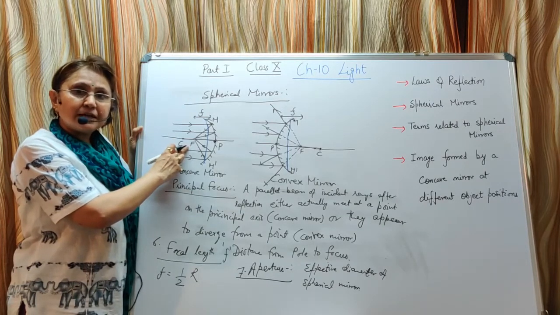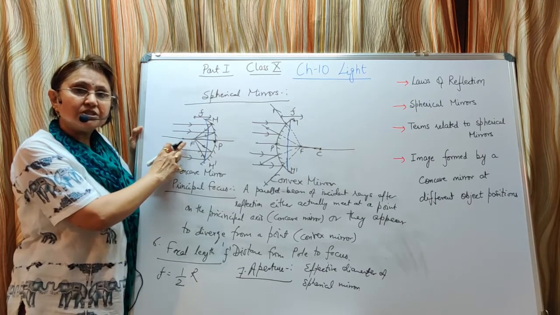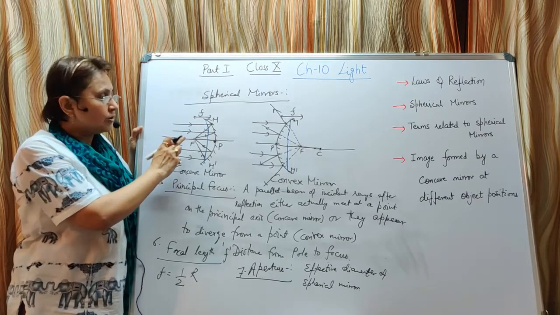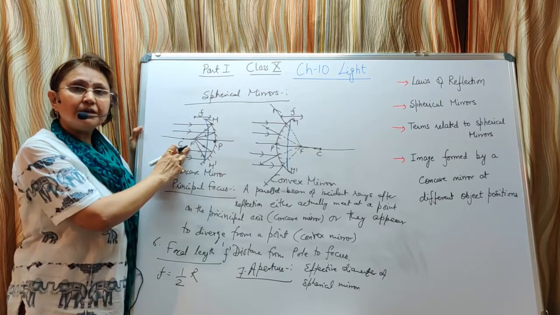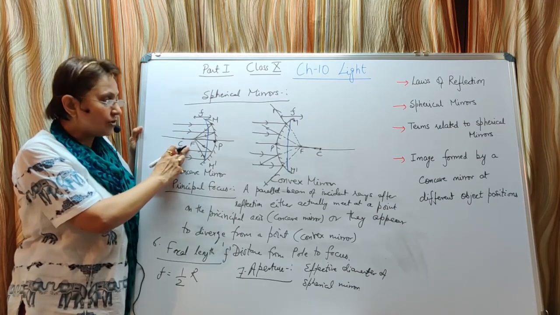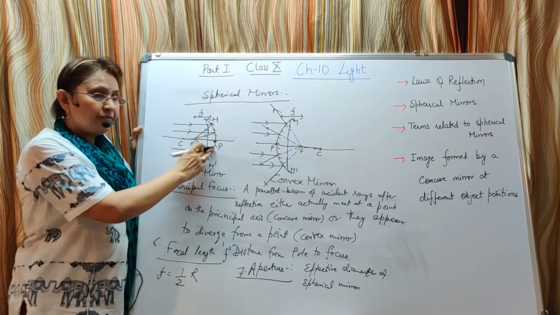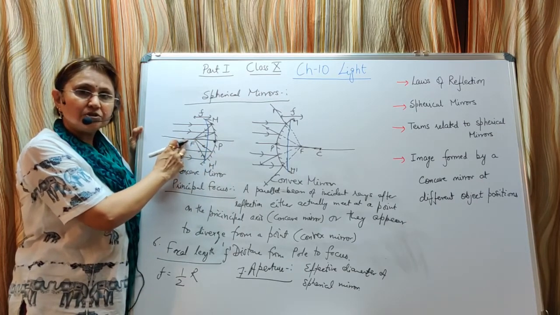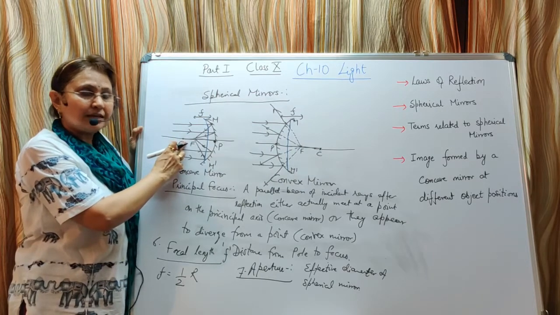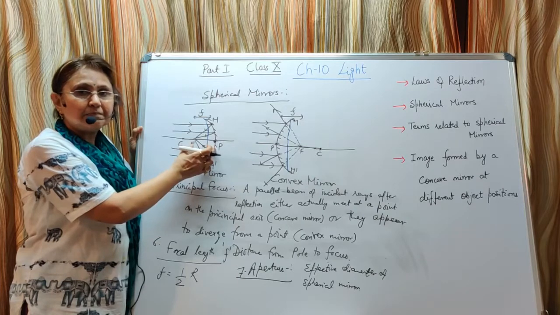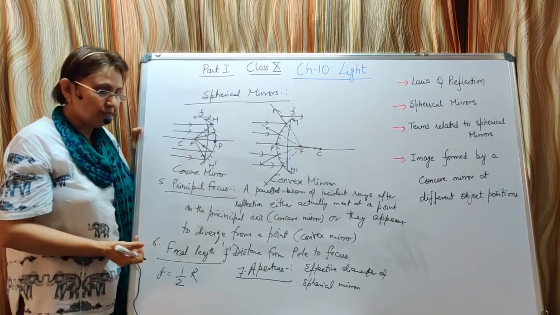Place it for some time in the same position. You will see that the paper starts burning from that point. Why? Because all the rays of the sun will be concentrated at that point, so it starts burning. Now how can you measure the focal length? Where you place the concave mirror and where you place the sheet, because you are getting the image of the sun at that point. So this distance between the mirror and that paper is the approximate focal length.